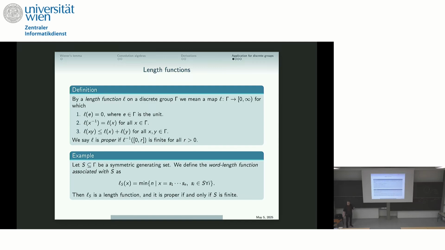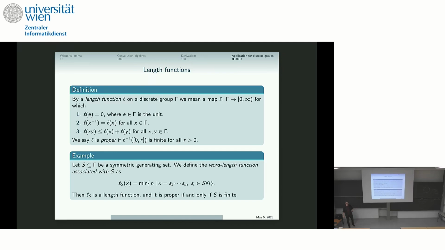Symmetric here means that if x is in S, so is x inverse, right? So I have such a set S. I will define the word length function associated with S as the following. I'll just say L_S of x is the minimum number n, such that I can write x as a product of s1 through sn, where every s_i is in S. And then L_S is a length function, which you can easily verify, and it is proper